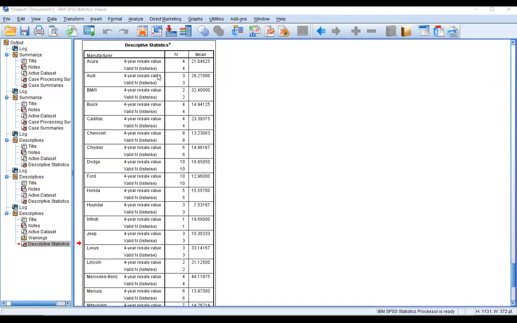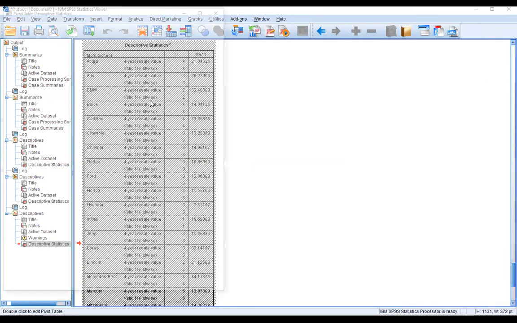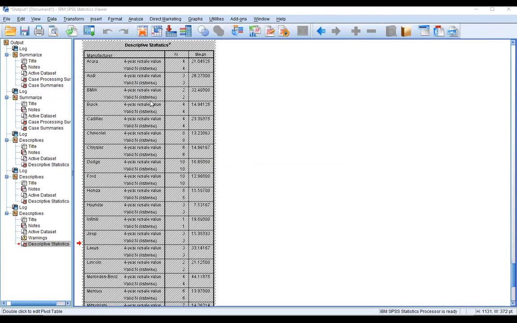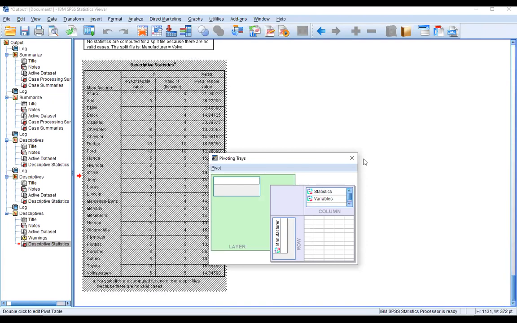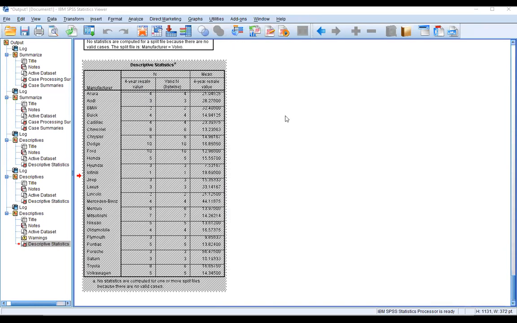Actually, I just take the mean value on the basis of manufacturers. So manufacturer-wise, I transpose rows and use a pivoting table, with the variable here, and then I use the pivoting trays, and this is my output.